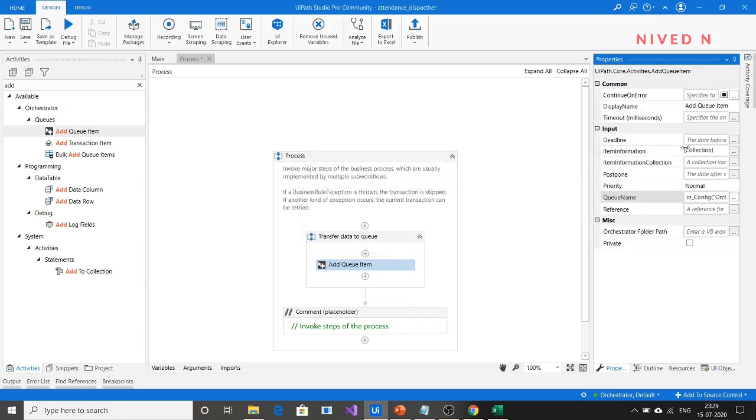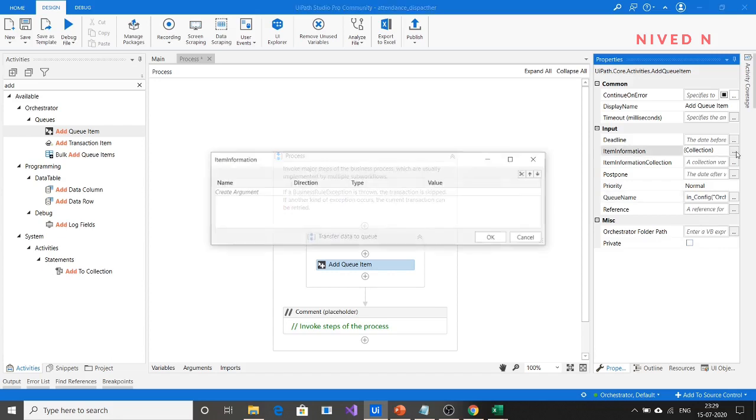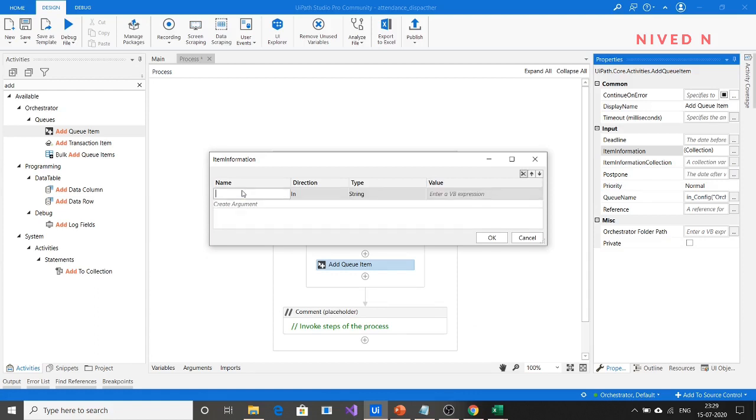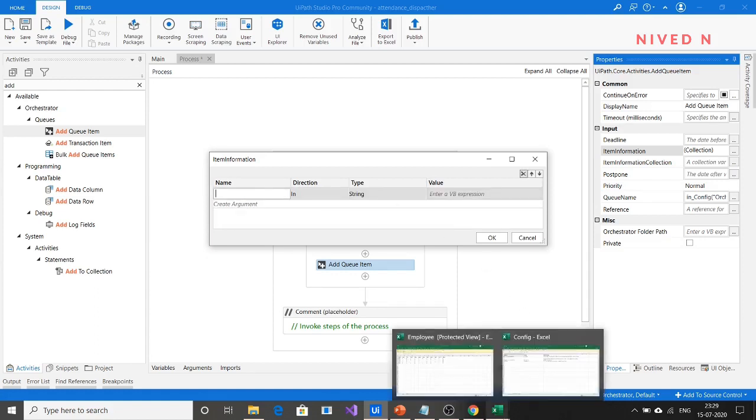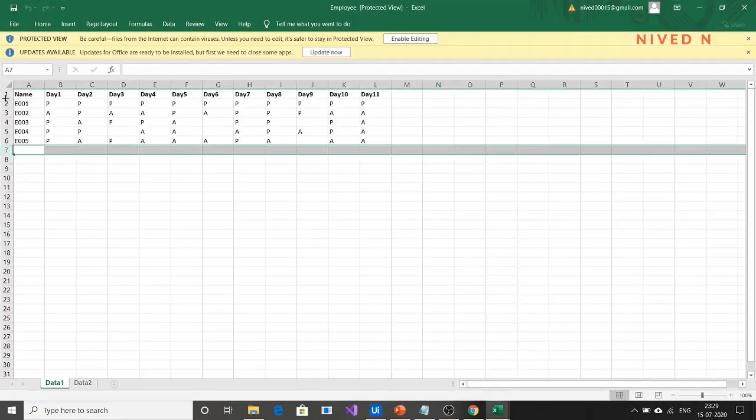Now you have to specify the items which have to be transferred here. What are the items that we have to transfer to the queue item? We know that we want to transfer all the details, the employee name and the attendance details of each day. So you can specify that here.